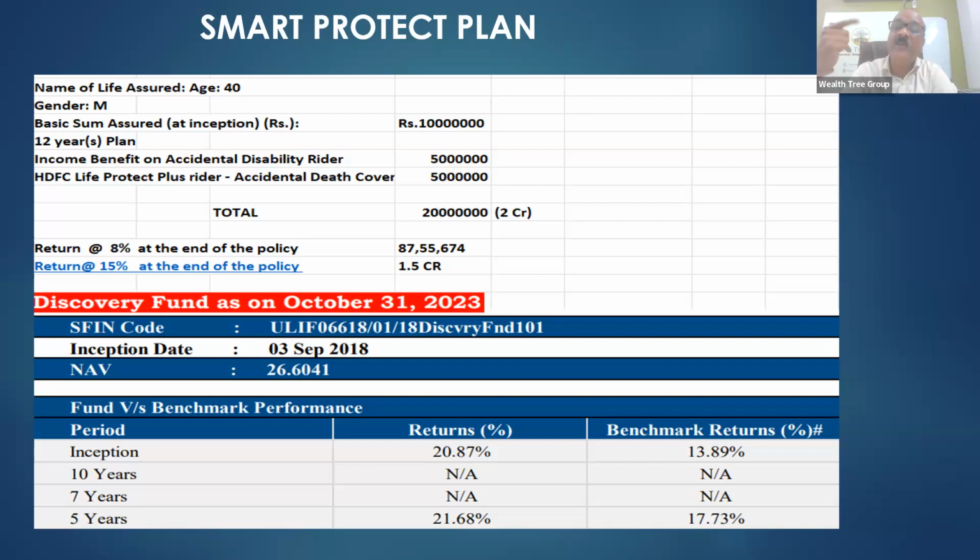That's why you have to review your portfolio always. You have to review your existing policies always, because a lot of new plans are coming up in the market because of the competition, and people will get more and more advantages. So now what you have to do is review your portfolio and see which plan you have, whether it is giving good insurance or not, or good returns or not. And if it is not giving good returns, then certainly you can think of changing your plan to the new plans which are coming up in the market. So this is updating yourself with the latest things.